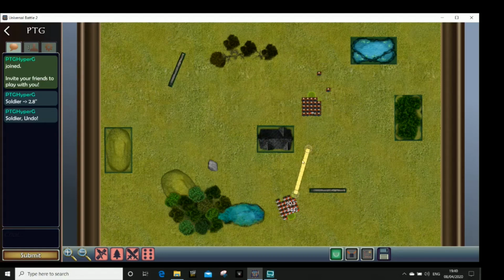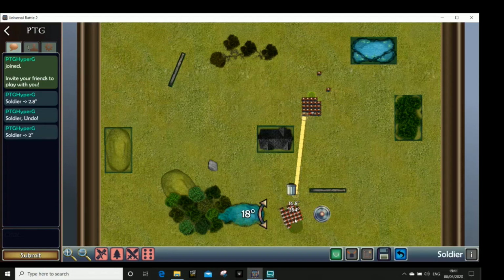Say, for example, I've got this laid out. I know that I'm about 17 inches away, and I'm happy with that. Now, what if I move my unit back 2 inches, or roughly that? I'm moving back roughly 2 inches, right? So yeah, I'm happy enough with that, but I want to just check that I've definitely done it. So now I've got my blue undo button for moving the unit back, but now I'm going to use the tape measure